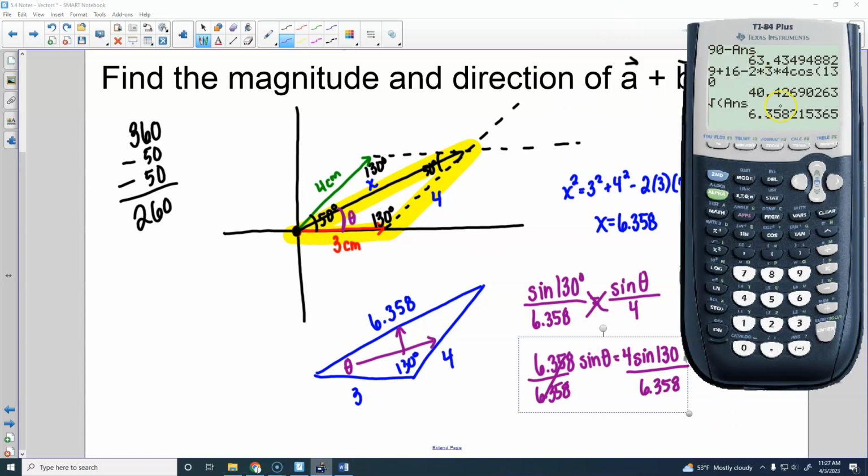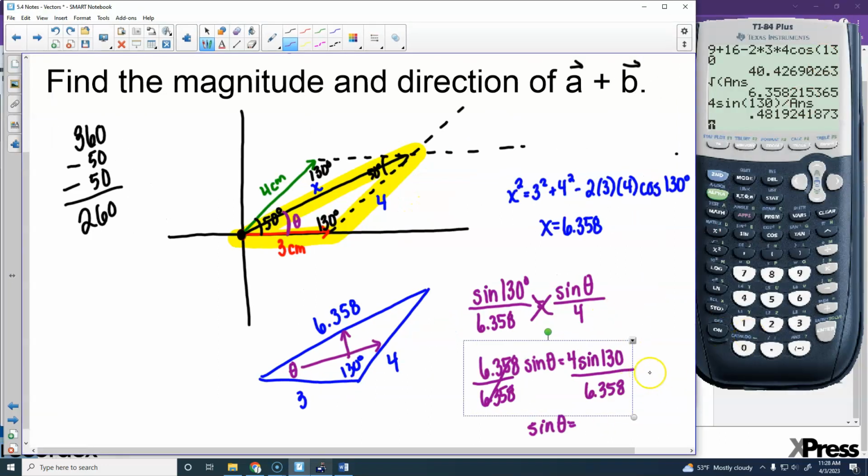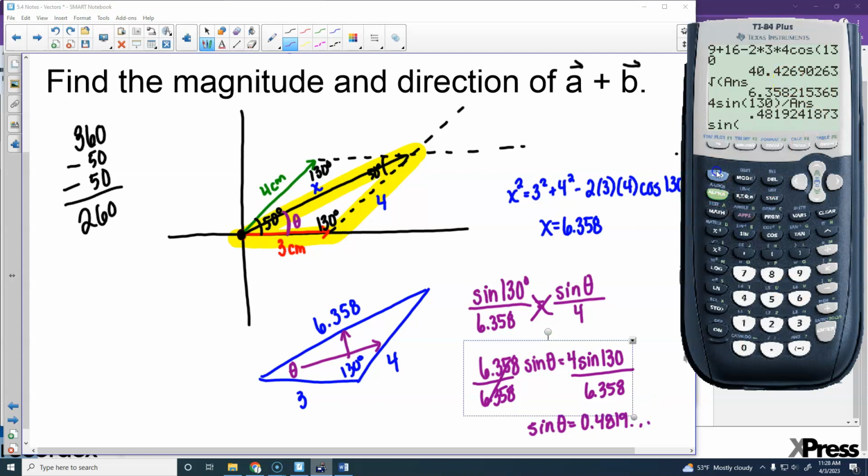So, to be most precise, we could do 4 sine 130 divided by, I'm going to click that answer button. If you round it, you might be a little bit off from what I'm getting. And then if you do sine inverse, well, let me write that part down. So guys, sine theta is going to equal 0.4819. If we do sine inverse of that, we will get